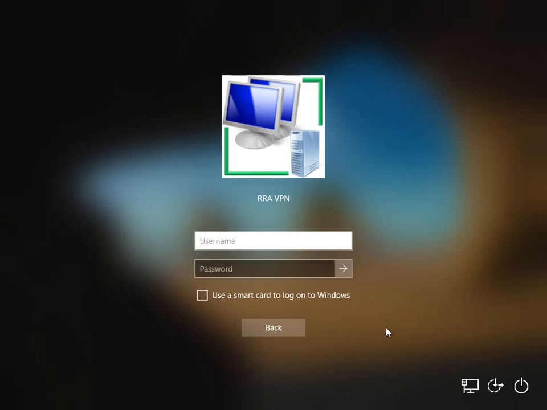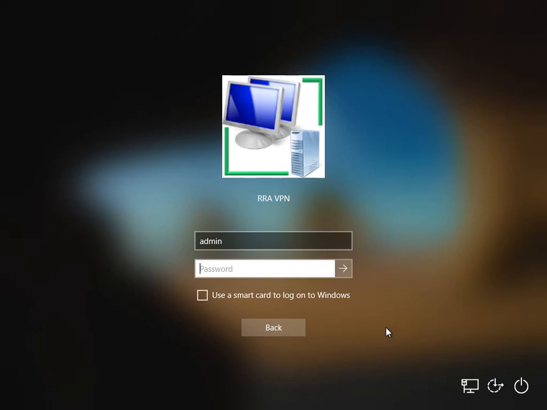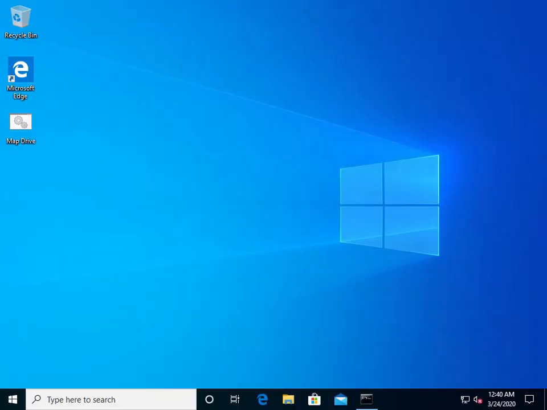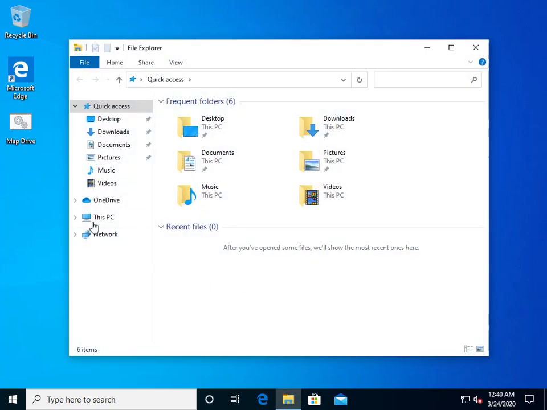So I'll put my username, and I'm the admin, and I'll put my password here, and once I hit sign in or enter, it will VPN, and if I'm an authenticated user and I'm allowed to VPN, it will allow me. Here we go. It's welcoming, that means I passed and I logged in, and if you look here, it mapped my network drives.